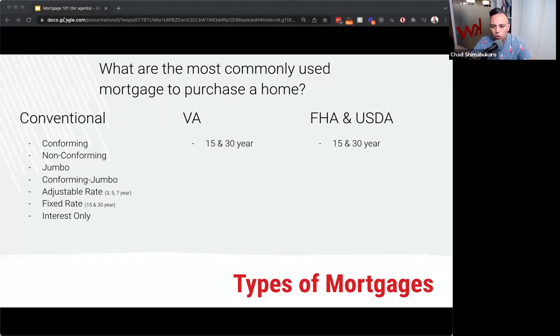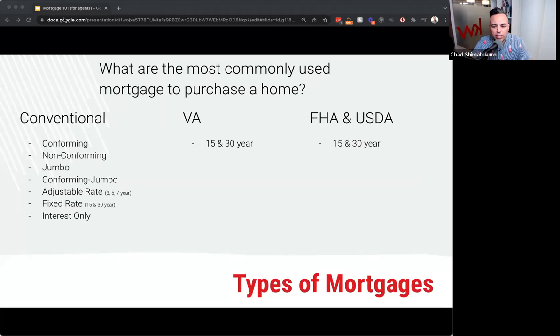So it does work, but it works in very rare circumstances because that's the portion, that difference. In other words, yes, there's a savings to be had to have a 2% interest rate versus a 3.75 interest rate. But if you have to come up with the difference of 250,000, is that convenient for a VA buyer? Probably not. They'd probably rather have today's interest rate and finance the whole thing with no money down. So there's different reasons as to why that might show up. It typically will show up when the market shifts. When the market shifts, you're going to get a lot of creative financing. You'll get a lot of VAs assuming loans and so forth. So VA loans typically are 15-year fixed or 30-year fixed, by far and away 30-year fixed.